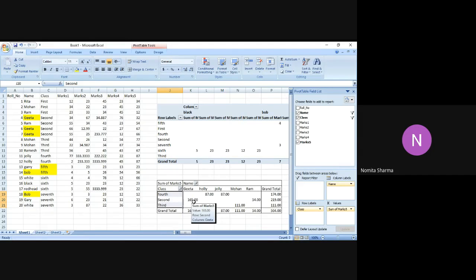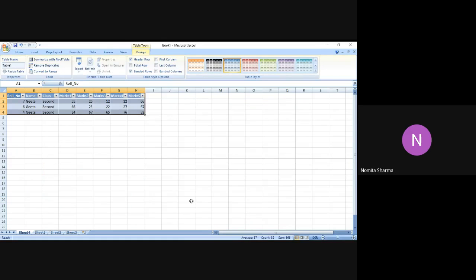But there's another option, if I want to check on that. If I just double click on this particular value, say 165, you will see another table appearing on the screen. Now this is not another Excel file. It is just another Excel sheet which has opened since I double clicked on that particular point for Geeta. So for this particular student, it is actually showing me the class. Logically, there might be three students with the same name in the same class, but they just can't have the same roll number, and you can see that in the table also.